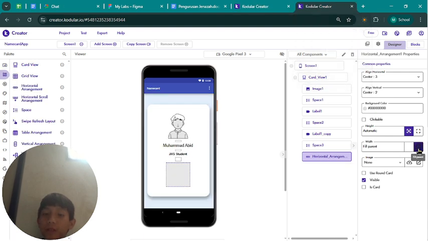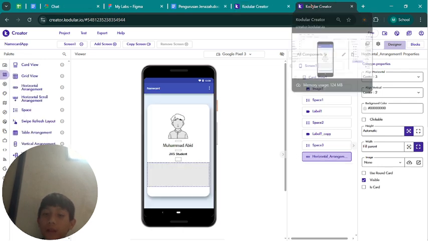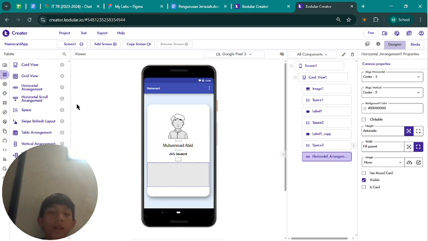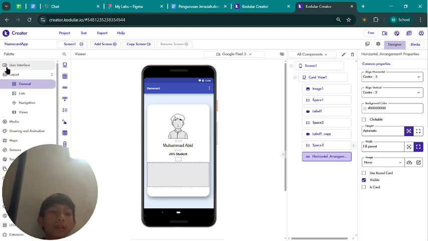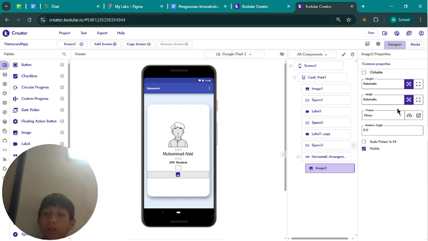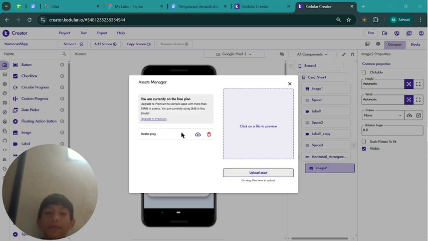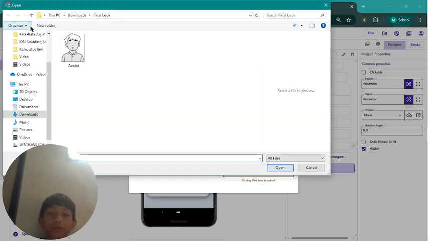The width is fill parent, and then in the horizontal arrangement we input image, and then we upload a set again.